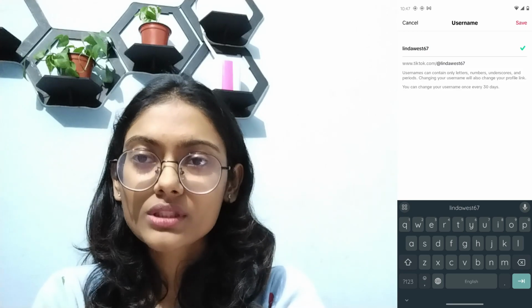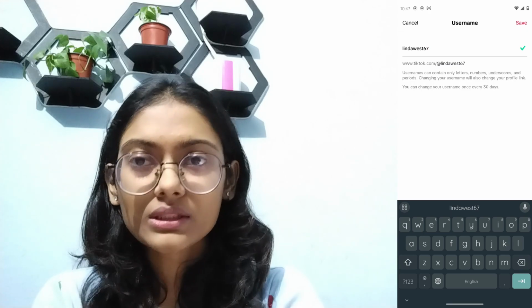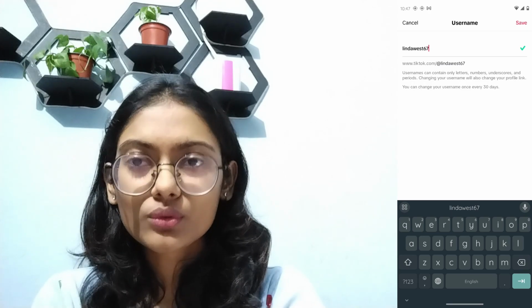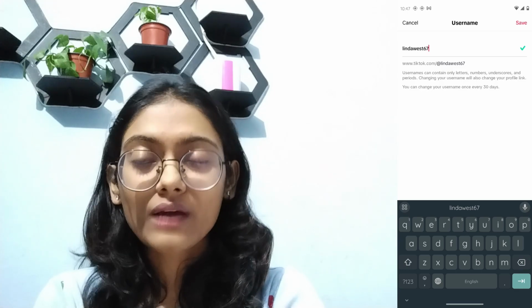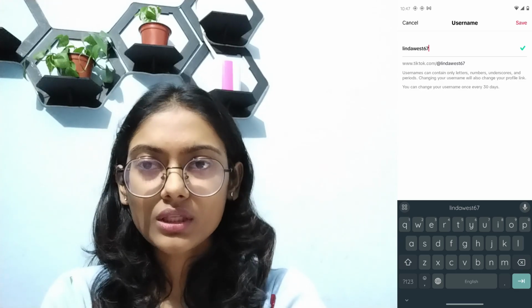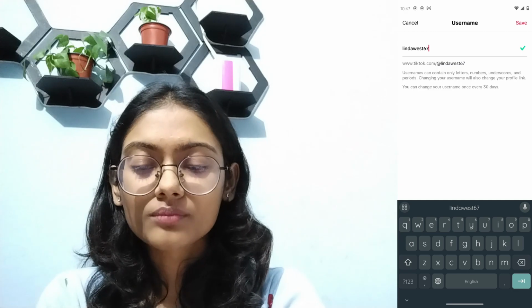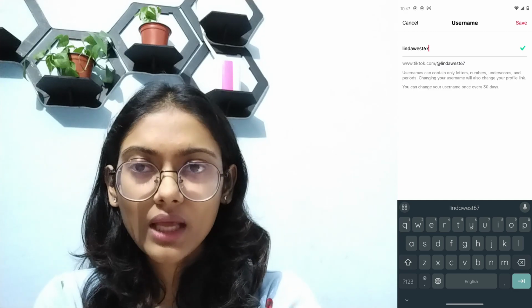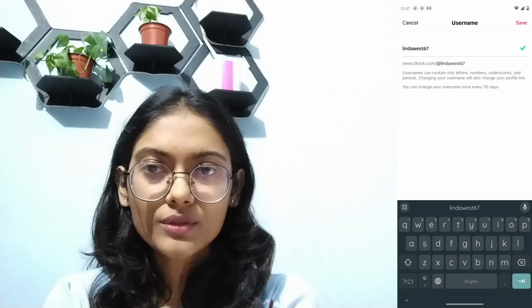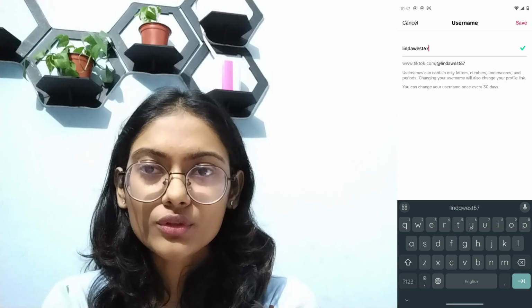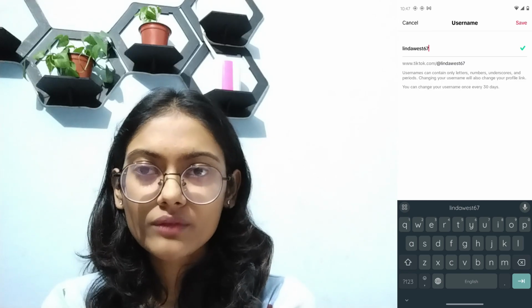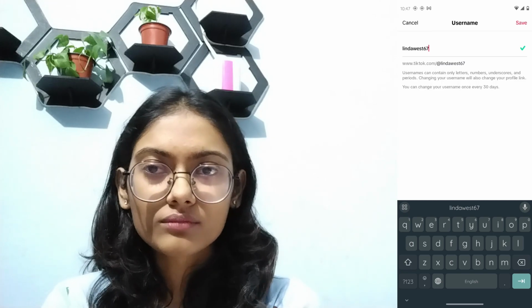So if you have already changed your username within these 30 days, then you don't have any other option but just to wait for 30 days. And after waiting for 30 days, you can change your username. But within that 30 days, you don't have any other option because TikTok doesn't allow you to do so. So you just need to wait for 30 days and then you can simply change your